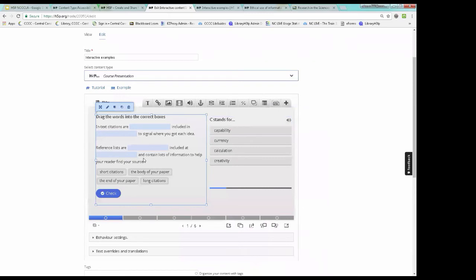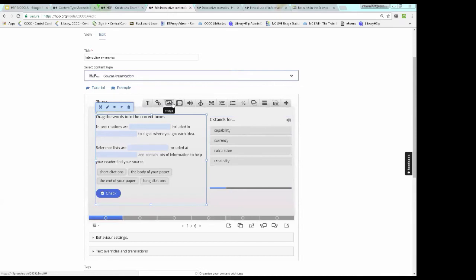So what I was told by someone who's much more technically savvy than I am is that this is the type of thing that you would be creating if you knew how to use jQuery, but I don't know how to use jQuery. And frankly, I don't have the time to learn right now. So this gives me a nice shortcut to creating really great interactivity without necessarily having that technical ability. Since we're in the editing screen, you can see all the things you can add. This is text, this is a link, this is an image.